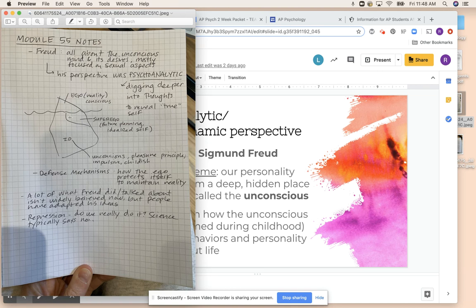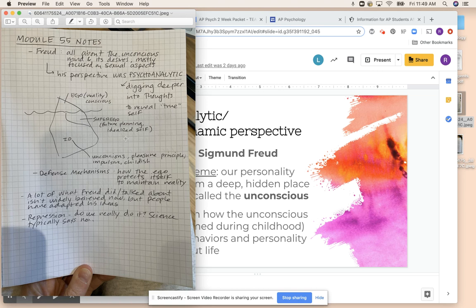So underneath that, I have the superego and the id. The superego is like the better version of the ego. It's like the super version, right? Like a superhero. So the superego is our future planning, idealized version of ourselves. For example, my superego would say, well, Miss Anderson, Rachel, you're at home. You should be doing all these things. You could learn this new thing. You could start this. You could do that. It's the one that's like, when we get out of this coronavirus hole, you could be going and doing these